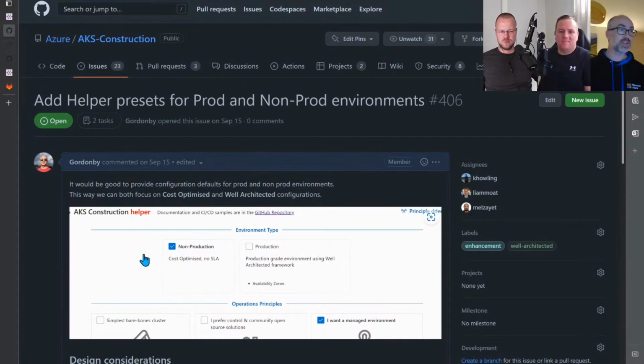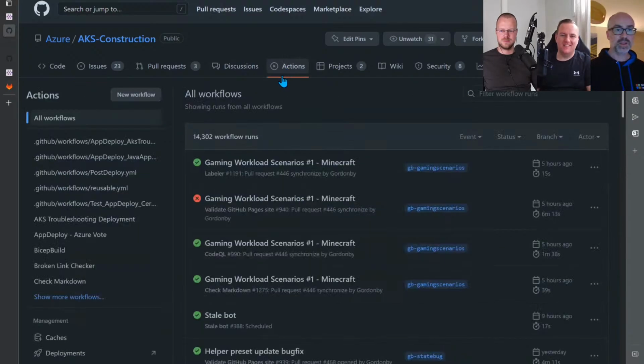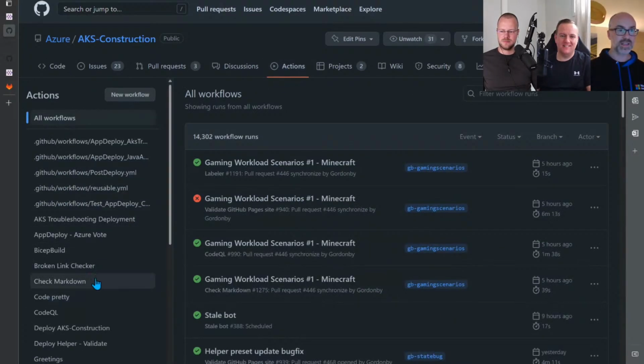Like, please go read the 300 pages about Well-Architected. But know that if you go through this step, we're going to be using PSRule for Azure. Are you guys familiar with it? It's a PowerShell framework. Jack Tracy's a bit of a fan of that, from what I've heard. It's a really nice framework. We use it in the actual CI/CD in the project, making sure that config is out there.